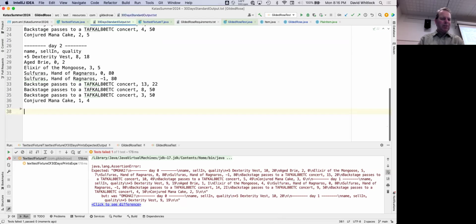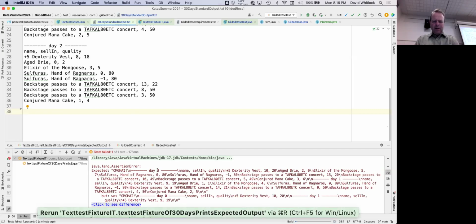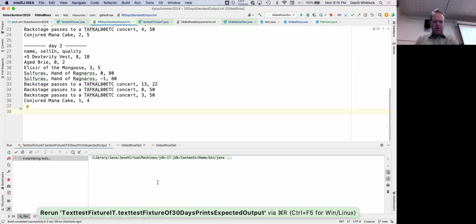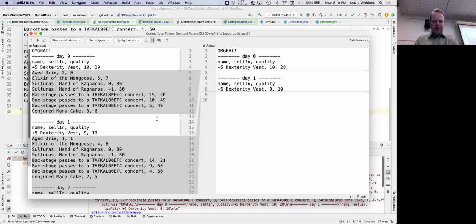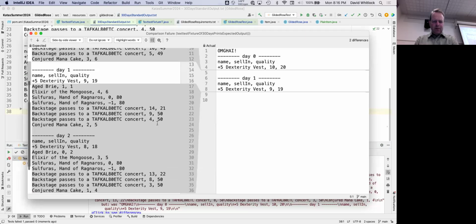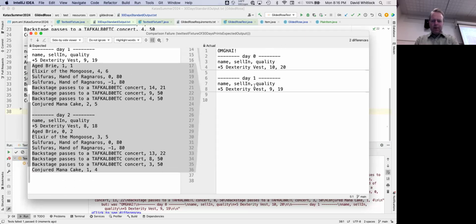So as I make changes here, what I'm trying to do is learn about all of this stuff by capturing my learning in tests. And I have to have enough tests that I can explore all the various angles of it. So, okay, day 2, does it start failing now? For the dexterity vest? Oh, actually, okay, so wait a second.